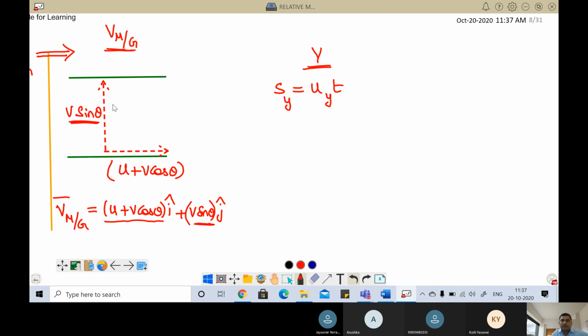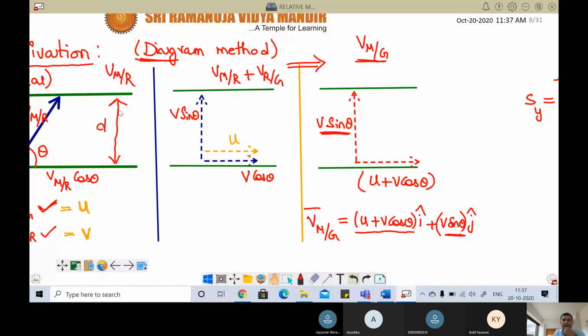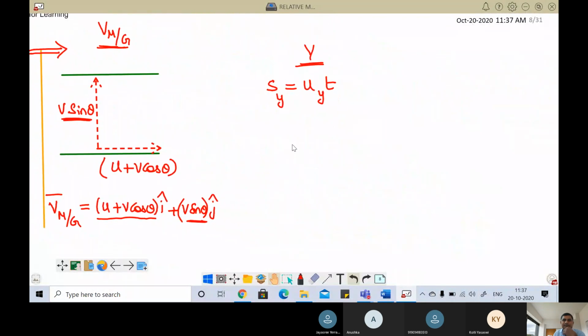What is the width of the river? 100 meter. Width of the river is S_Y. We took it as D, no? Correct or not? Width of the river is D. So that is equal to, we'll write it as,